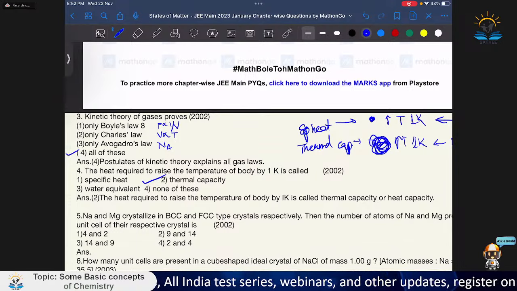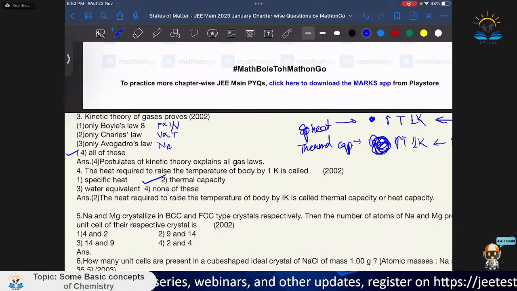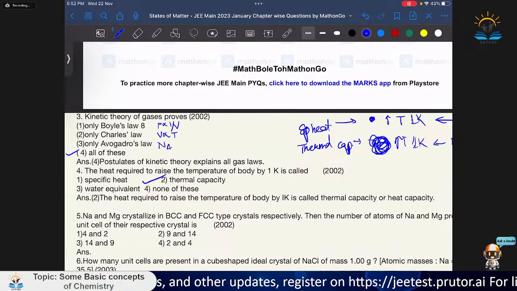Okay, how much glass is equal to water, or how much water is equal to glass if you are going to provide the same amount of energy changes. Okay,